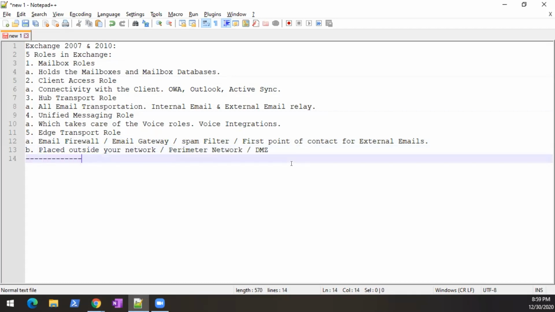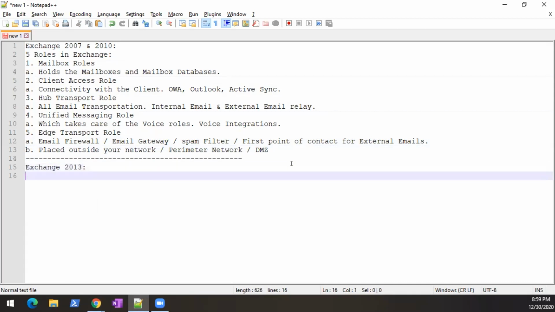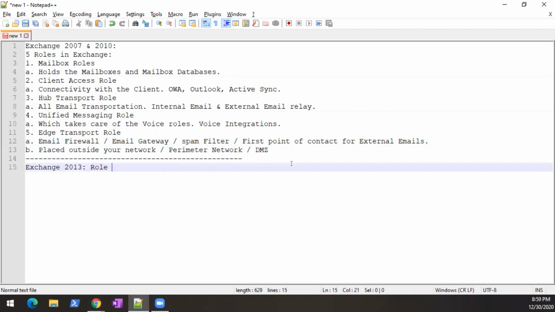Now, what happened in 2013? What happened in Exchange 2013 is that role consolidation happened. What is the meaning of role consolidation?